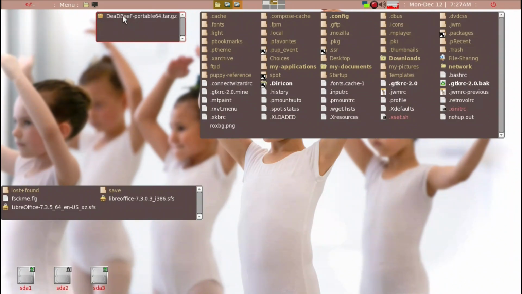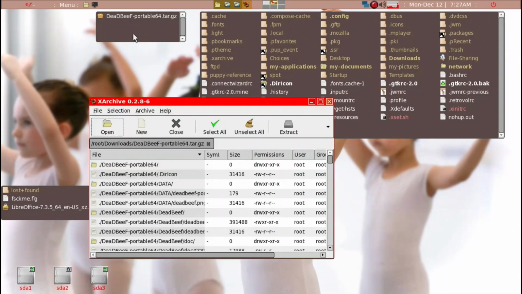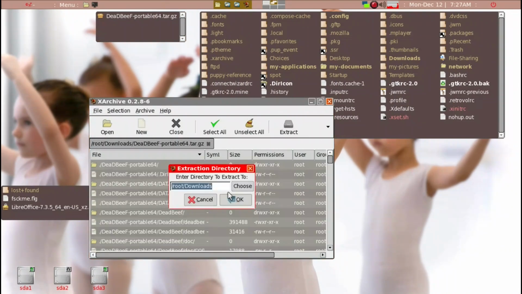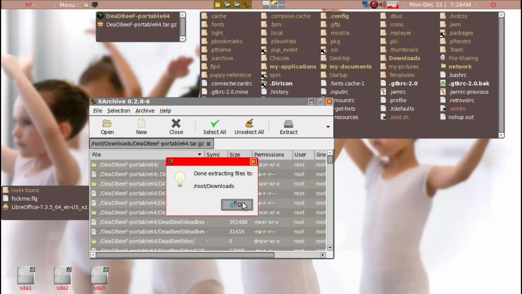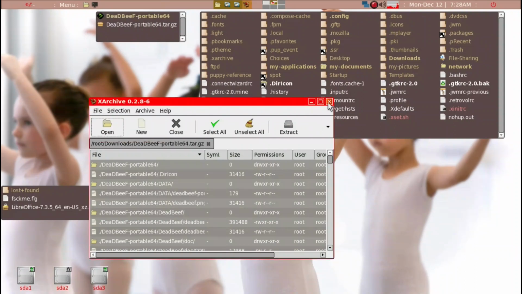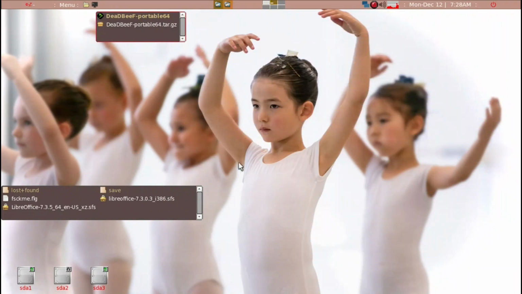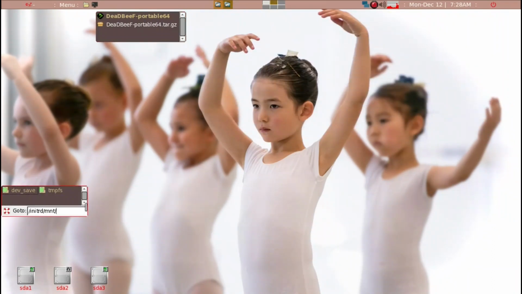So we'll delete this. Once you download it, just click on it, then extract, then all, and we want it right there. We'll go ahead and close that, and close this, and then we'll open up backslash and back